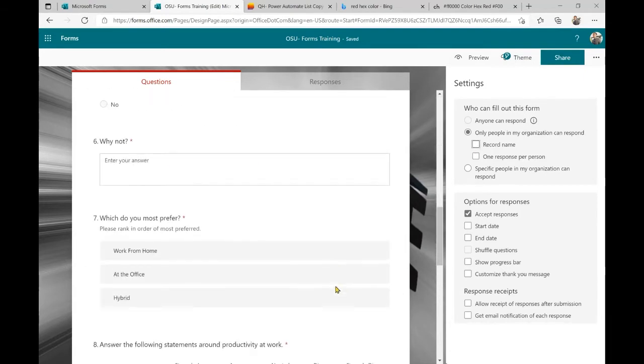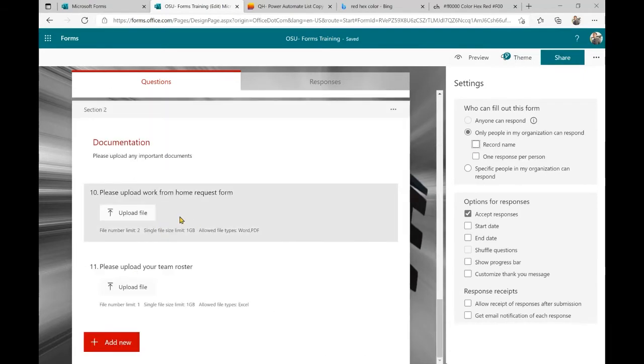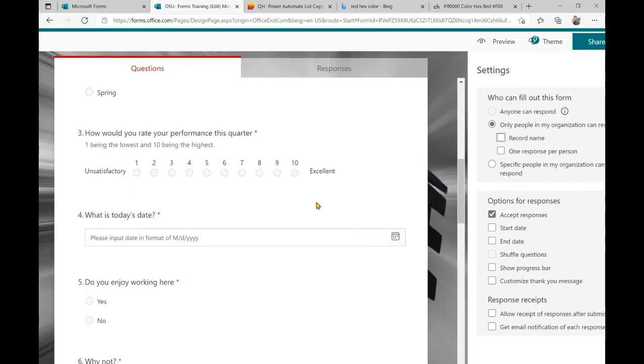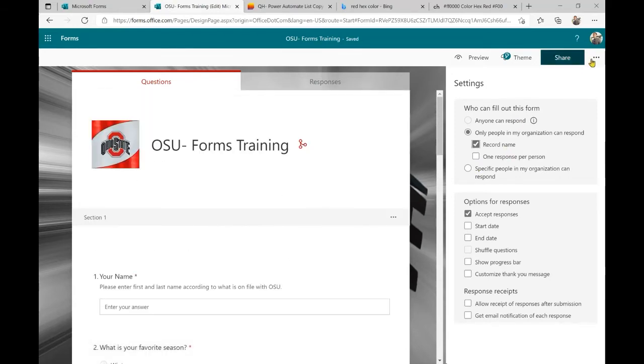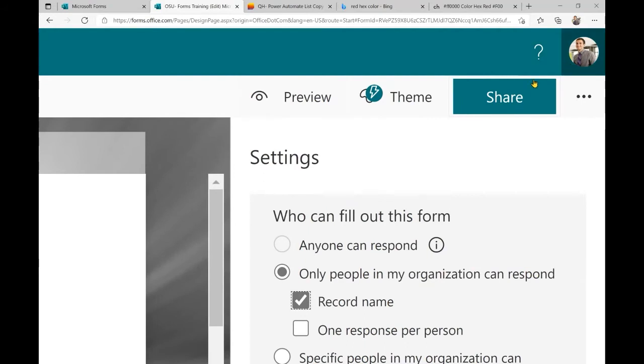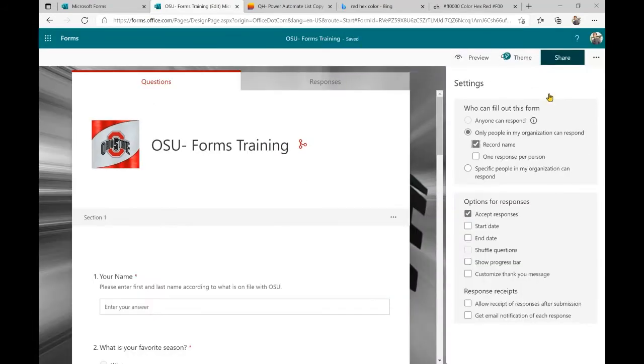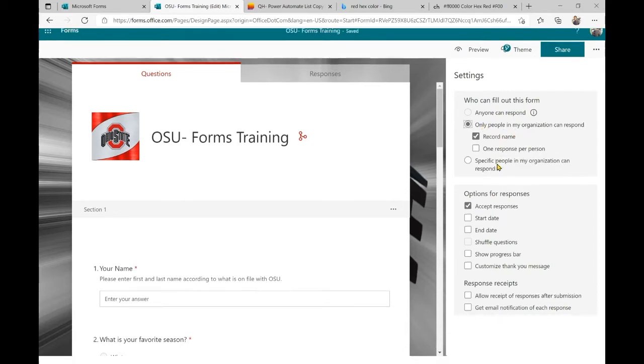However, remember that caveat about the attachment questions. They will record information. We're going to leave this checked for now. With that being said, if you only want to collect one response per person, meaning as long as they're signed into their Office account and they've answered the survey, which, depending on how we have it set up, they will be required to, that person can only respond one time. You can also set it to where only specific people in your organization can respond and set up those same things. We're going to leave it to this one here.